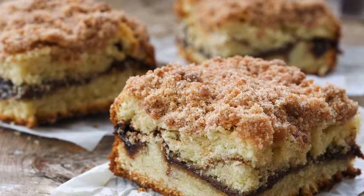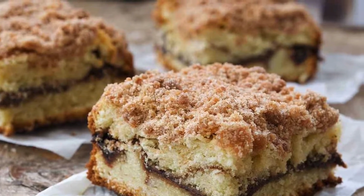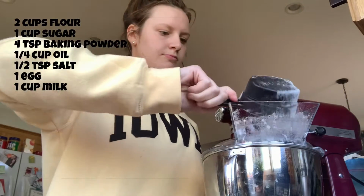Alright, so today I'm making some cinnamon swirl cake made in like the 1600s. I found the recipe online and it's on the screen. So I added 2 cups of flour into our